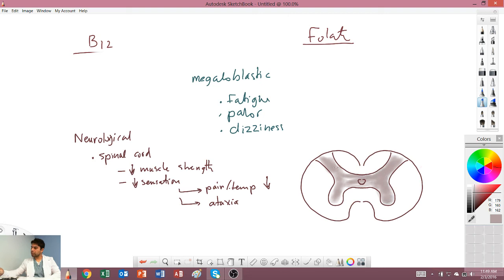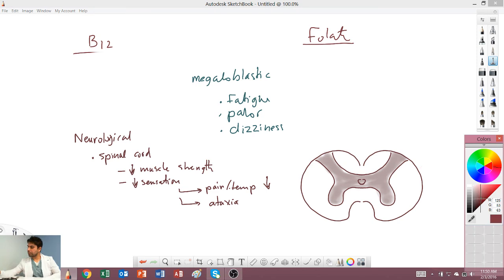Can you make a conclusion? What is gray matter made of? Neurons, unmyelinated axons, cell bodies. And white matter? Myelinated axons. Very good. So therefore, B12 is needed for what then? Myelination. You can make that conclusion. B12 is required for what? Myelination. Myelin sheath, myelin, so for those of you who don't know that,